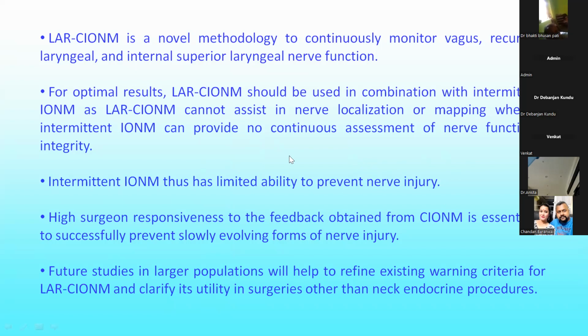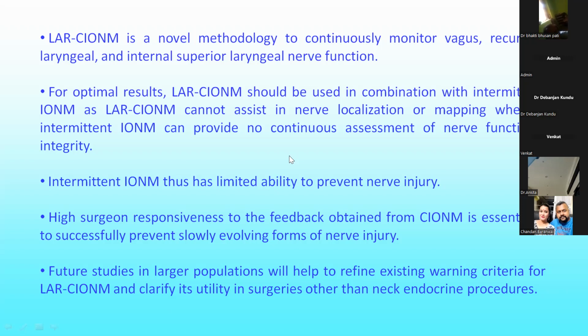However, intermittent IONM cannot provide continuous assessment of the functional integrity of the nerve during surgery. So high surgeon responsiveness to the feedback obtained from the continuous neuromonitoring is essential to successfully prevent slowly evolving forms of nerve injury when we are using this laryngeal adductor reflex. However, this is still in the very budding stage of this technique in larger populations that needs